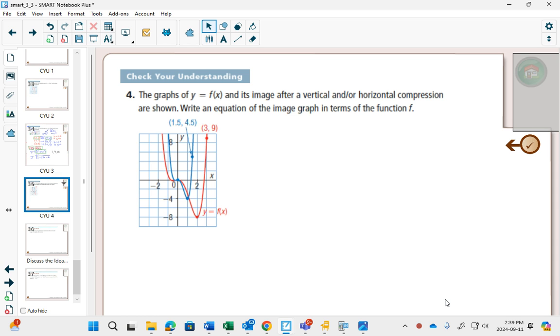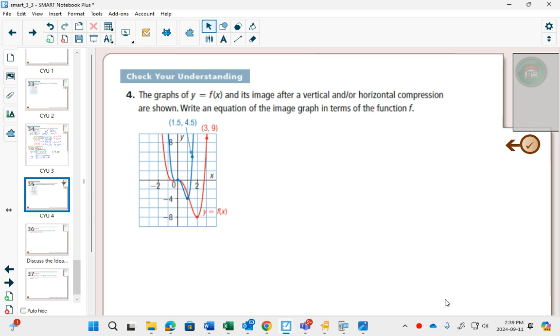So first of all, what do we have? We have the original one in red and the image graph in blue. And there's been some vertical and horizontal compressions. And we have to write the image graph in terms of the function f. So we need to use function notation and show the transformations. That would be easy if we knew what happened. But if we think about what we did in our previous example,